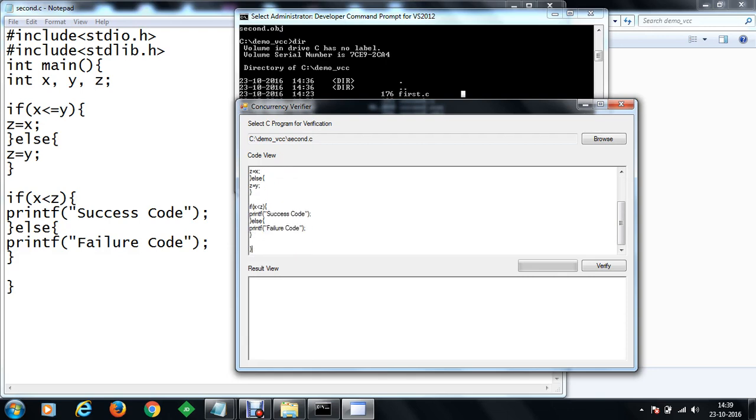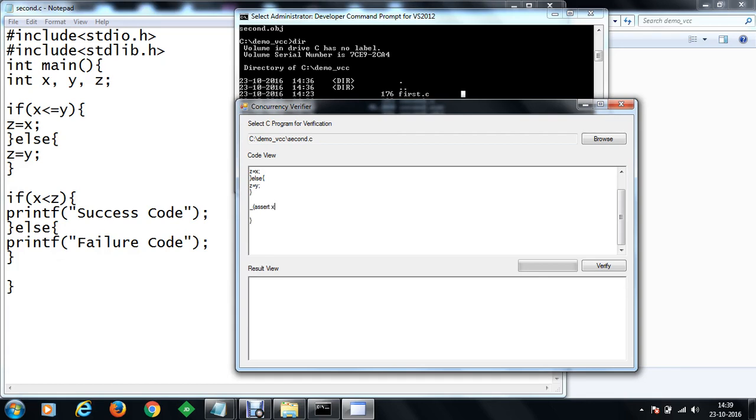Now, since we want to cross-check the condition if x is smaller than z, we'll just remove this code because that does not work with annotation. What we actually need to do is use an annotation for assertion, and the assertion will define whether this condition will hold true or not.